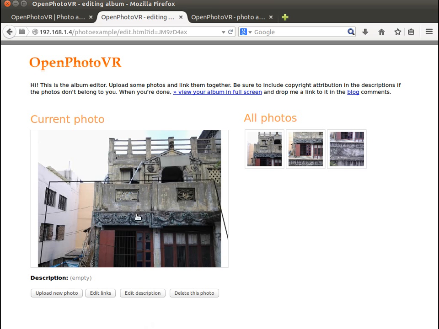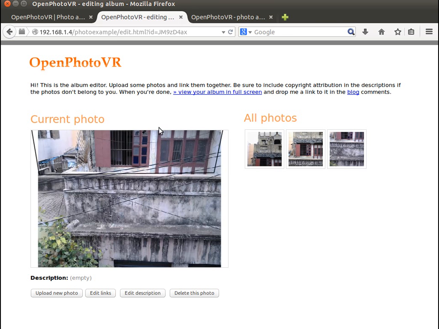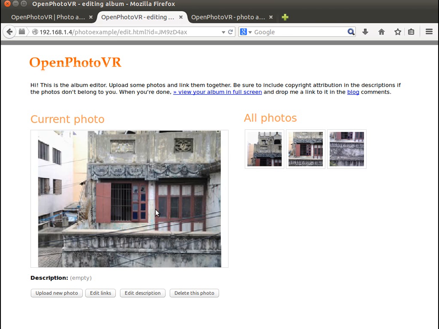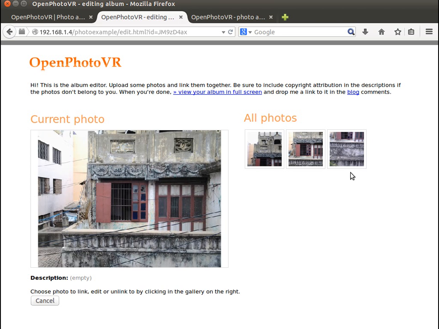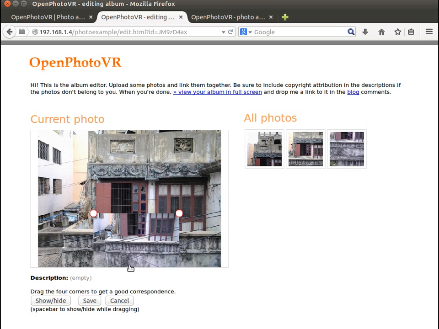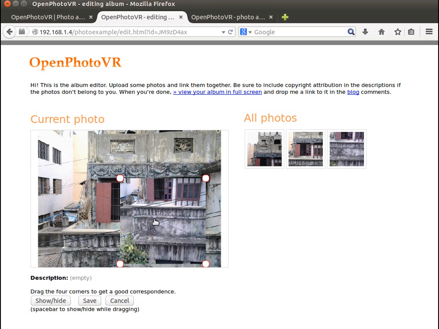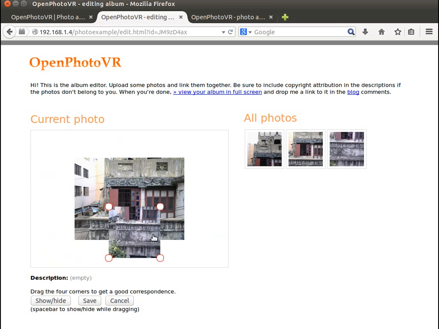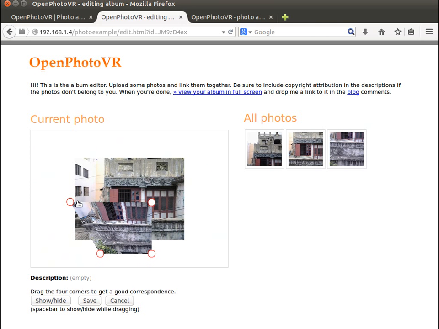So now you can see two photos are appearing on the first one, right? So I can directly go down there or go to the middle photo. The middle photo doesn't have a tie to the photo which is below it. Let's create that edit link to that photo. So I'm going to make these two corners match. So let's zoom this in